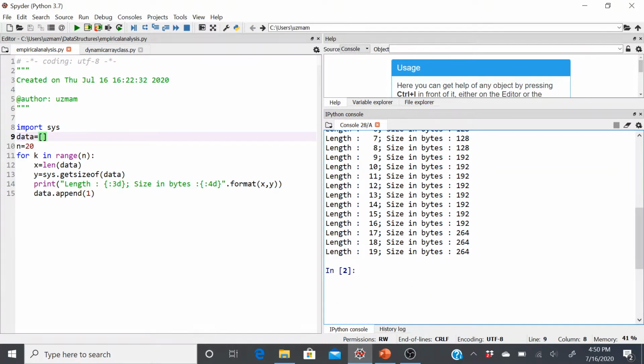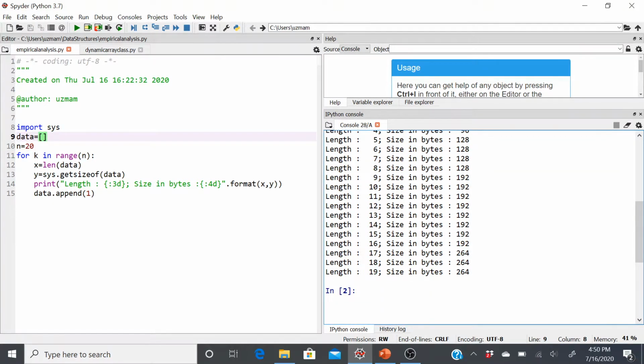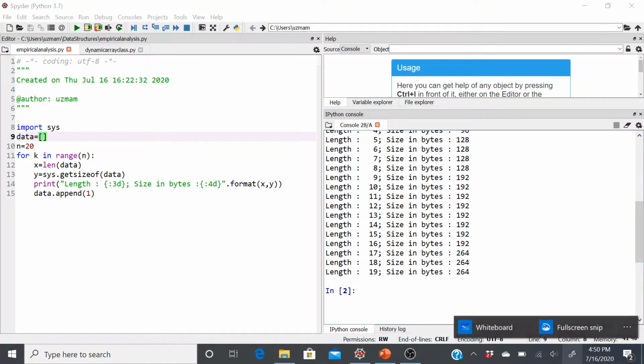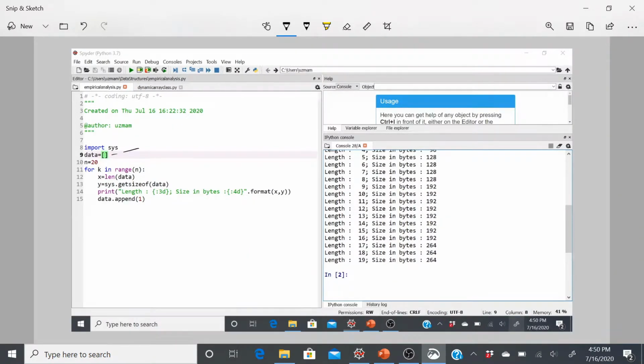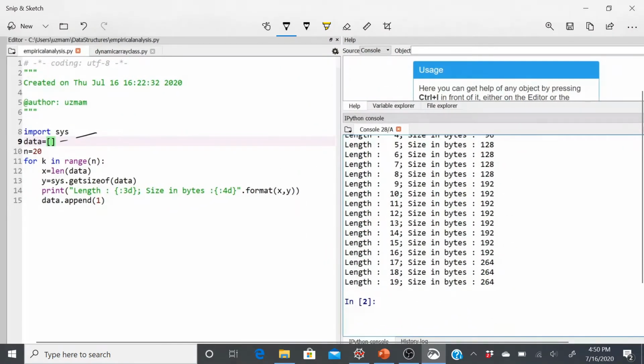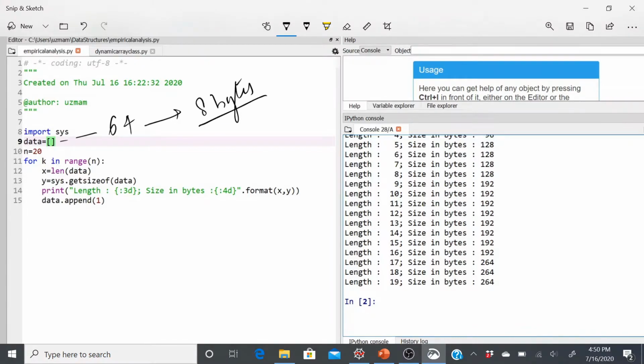To better understand that, let's look at a larger number. For instance, here, let me actually show you. When we just created the list here, at this point, 64 bits was allocated to it. My machine is a 64-bit machine, so each memory address is a 64-bit number, which is essentially 8 bytes. Right, so just to give you an idea of what's happening here.